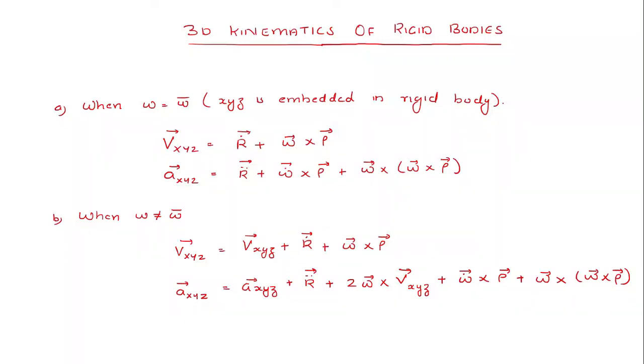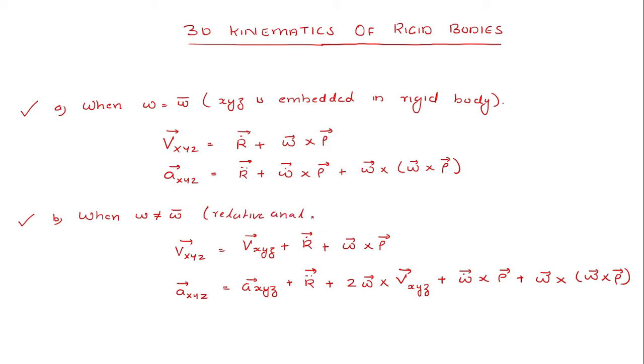In the last few classes, we had discussed the kinematics of rigid bodies for two particular cases: when omega is equal to omega bar, or the secondary reference frame xyz is embedded in the rigid body. So the equations of velocity and acceleration, we had already derived these equations, and we had also solved problems using these equations. And then we had also discussed a relative motion analysis,